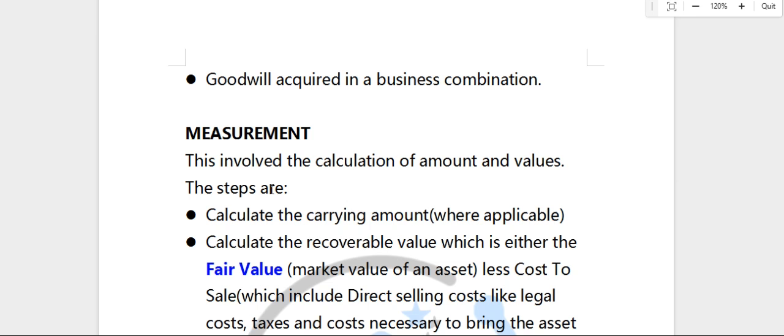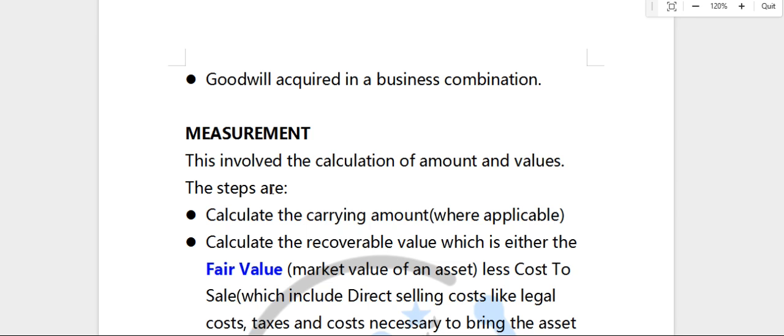And then to calculate your recoverable value, you first of all determine the fair value of the asset. That is the market price of the asset less cost to sell. This cost to sell includes the direct selling costs like legal fees, taxes, and all the costs that will warrant the asset being sold in the condition that it is being proposed for sale. Understand that